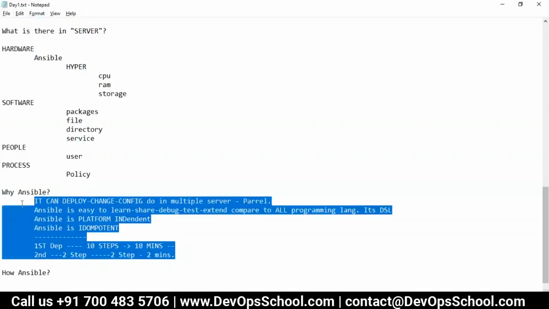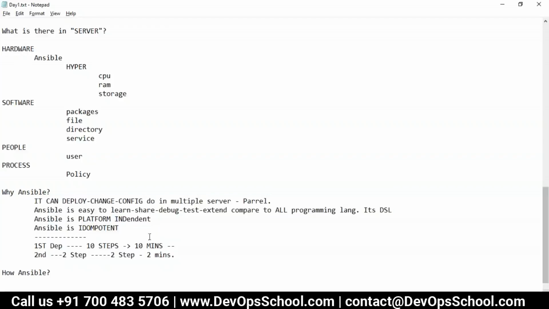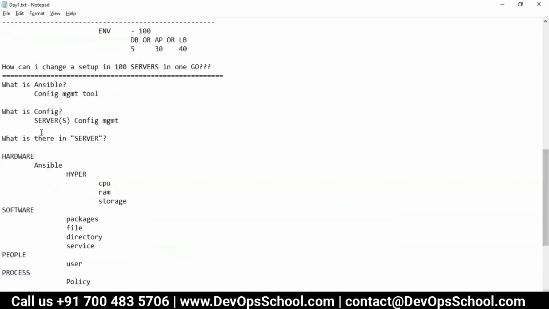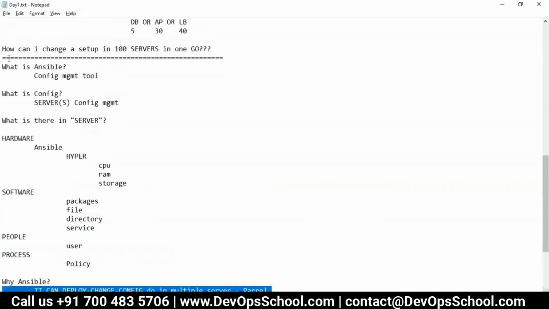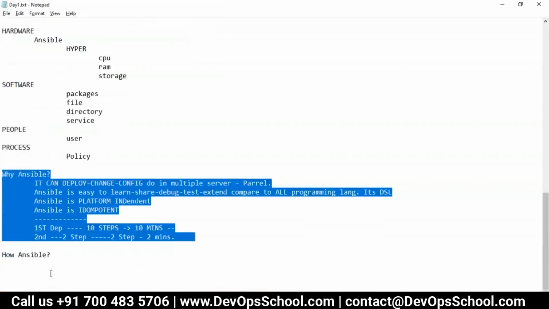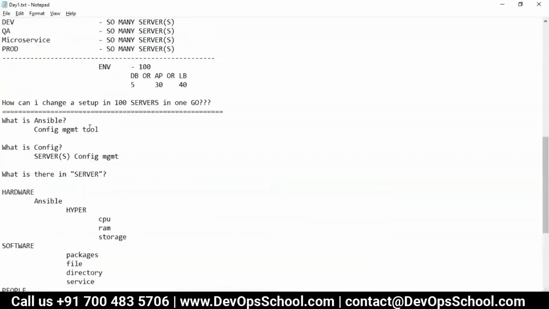So yes, guys, there are many other benefits, like business benefits for the CEO and CTO. I will not talk about this because we are engineers. Let's stick to the engineering topics only. Cost benefit, speed up of deployment, saving time, and all that we have anyway. Now, guys, we discussed what is Ansible, and then why Ansible. Before going into how Ansible, let me complete that.